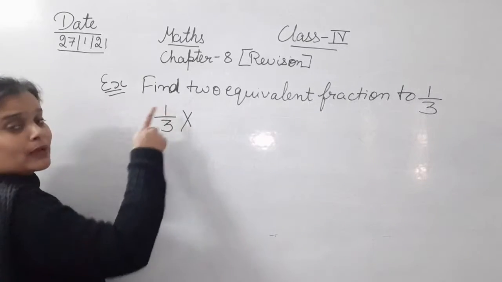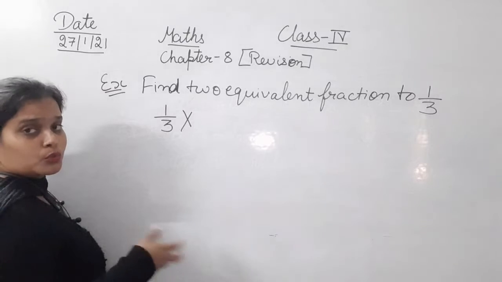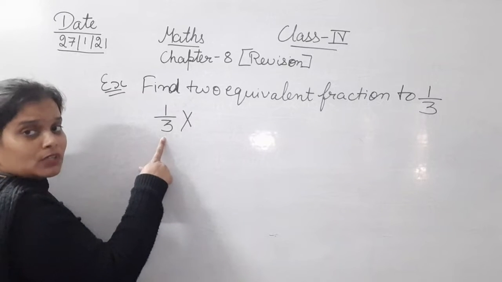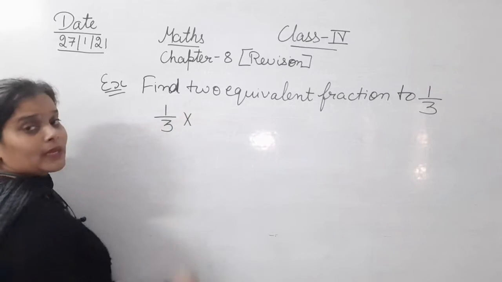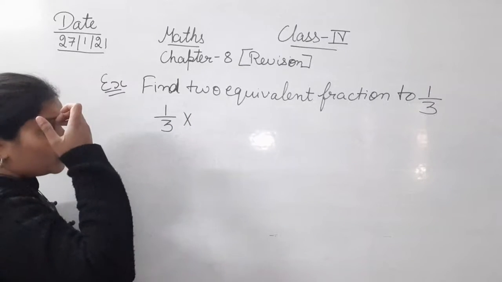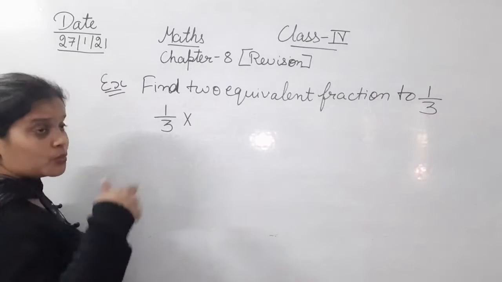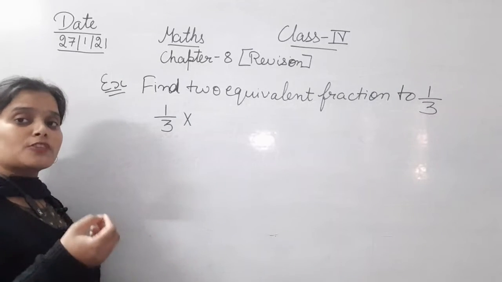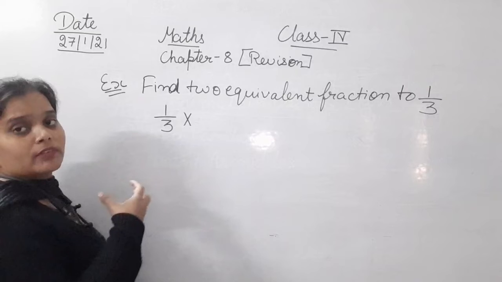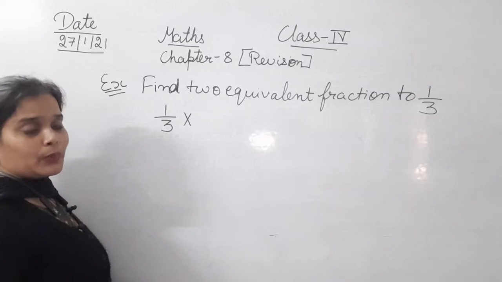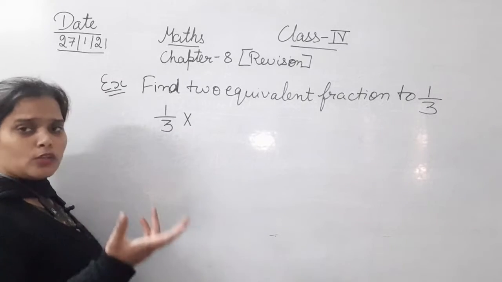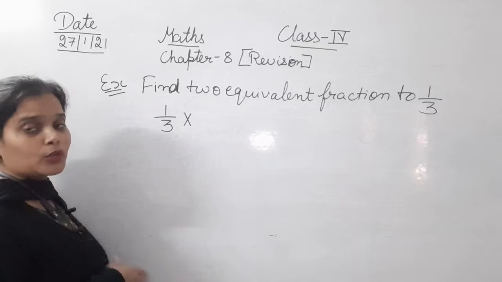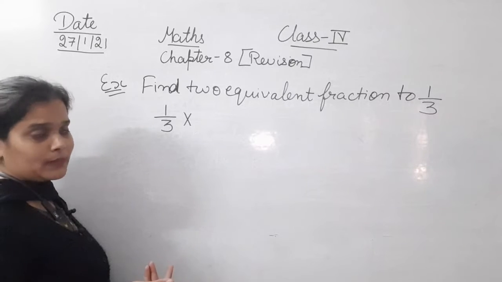Suppose you are going to multiply 1 with 2. Then you have to multiply this 3 also with 2 only. ये नहीं कि एक को 2 से मल्टीप्लाई किया, एक को 3 से मल्टीप्लाई किया. क्लियर? वन मोर इम्पॉर्टेंट थिंग, देखिए अगर हम इसको 2 से नेक्स्ट जो नंबर, ऑलवेज टेक अ स्मॉलेस्ट नंबर टू मल्टीप्लाई विद द गिवन फ्रैक्शन टू फाइंड आउट द इक्विवेलेंट फ्रैक्शन. तो हमेशा छोटा नंबर लेना चाहिए. द रीज़न क्यों लेना चाहिए, इसके पीछे रीज़न ये है बेटा, एक तो पहले आपकी मल्टीप्लिकेशन भी ईजी रहेगी and it will be easy for you to do all this multiplication.